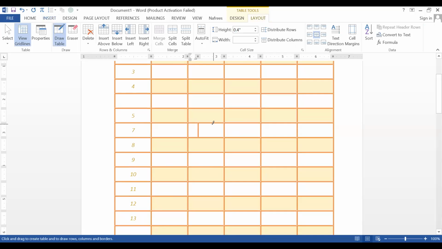Look at here. 1, 2, 3. See, this is how we can create it. Okay, so this is how we have to create an extra table. If you want to create an extra table, you can create it. See, look at here. So the draw table option can be used to create a table inside a cell or inside an existing table.